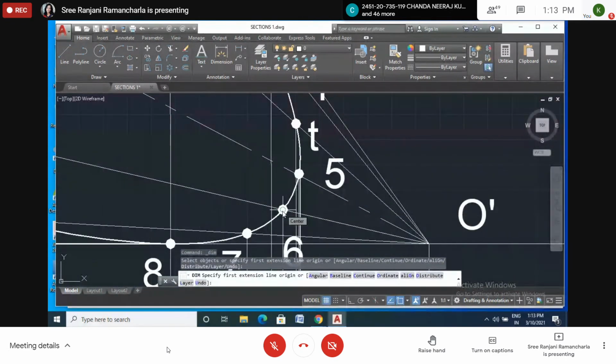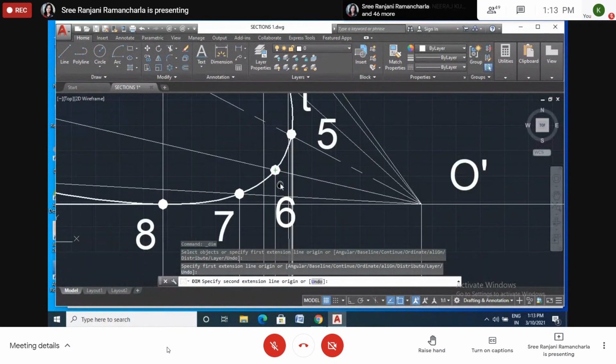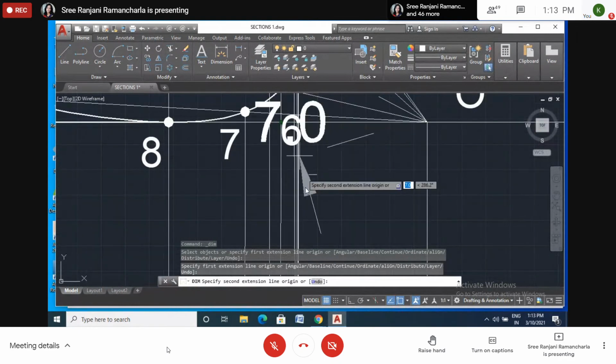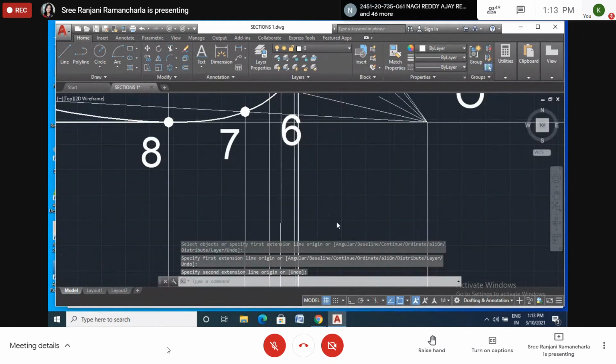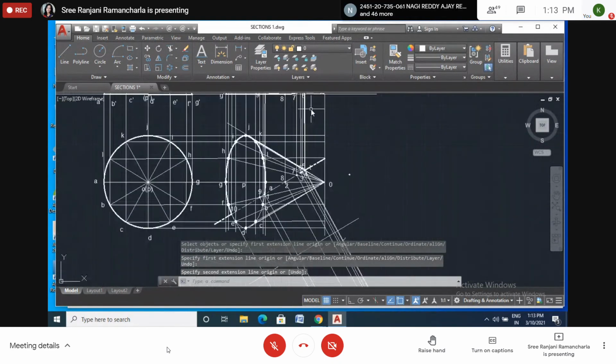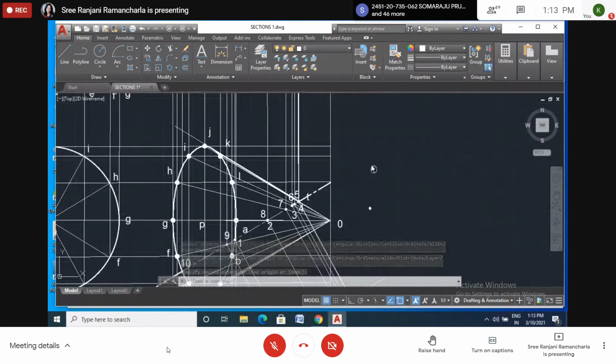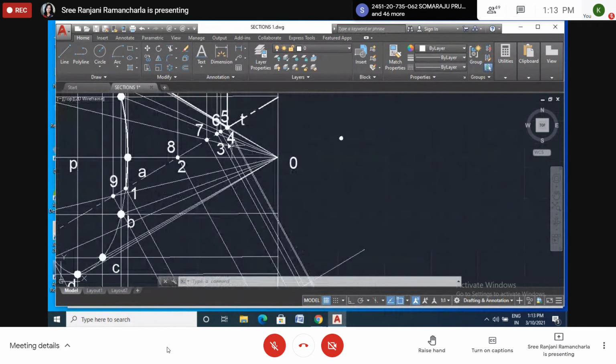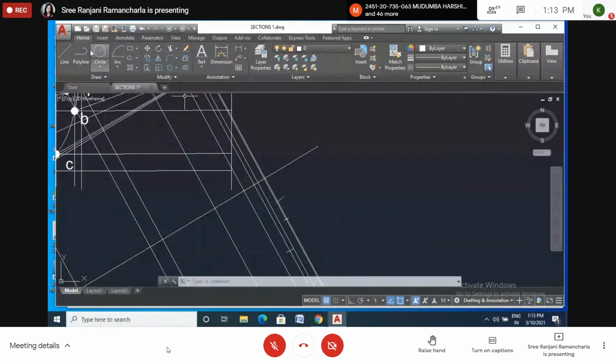Yes, ma'am. 3.4. This one is 6. So this line we have to draw. 3.4.